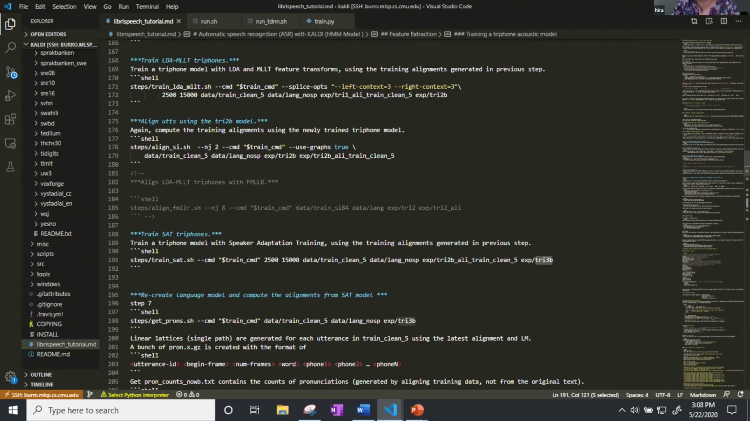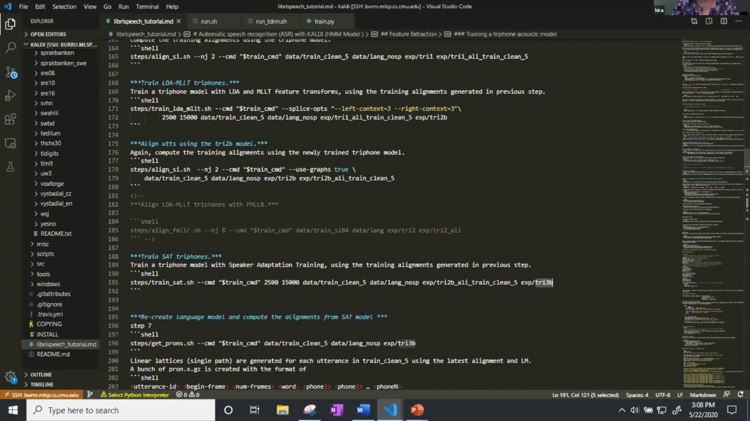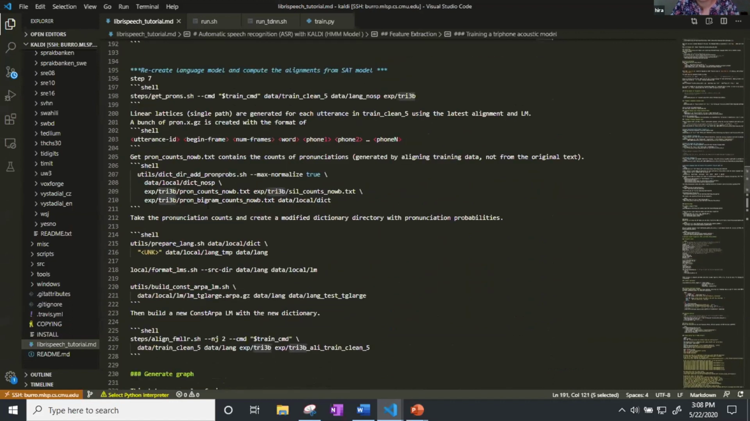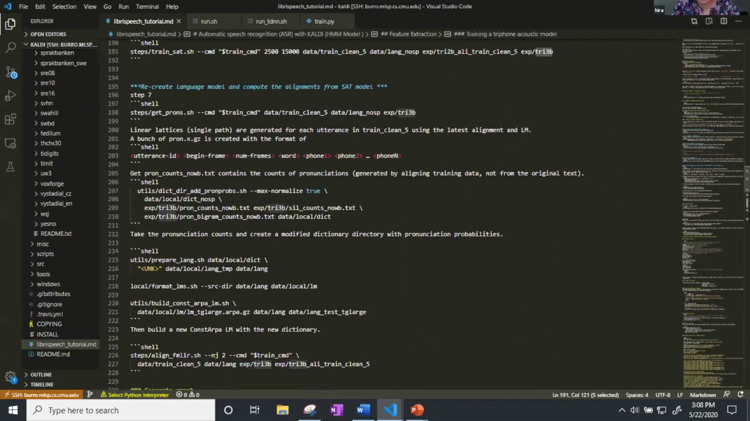You have to go through each of the files. You cannot skip any of the commands here, otherwise you'll get an error. One thing: after all of this training and alignment has been done, what you'll